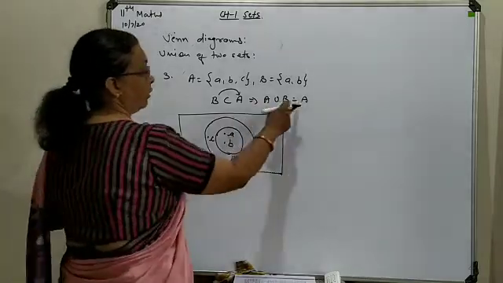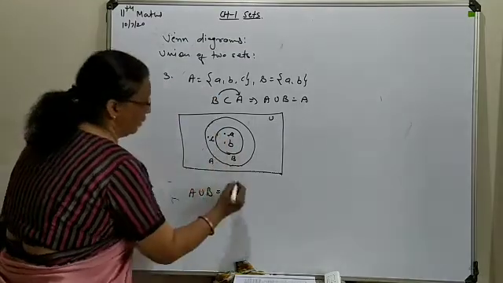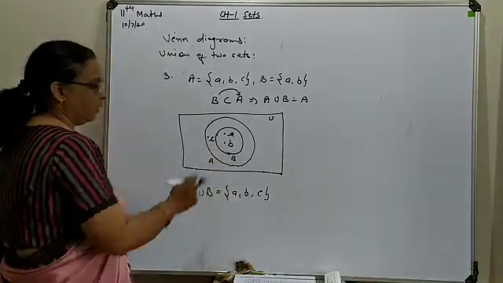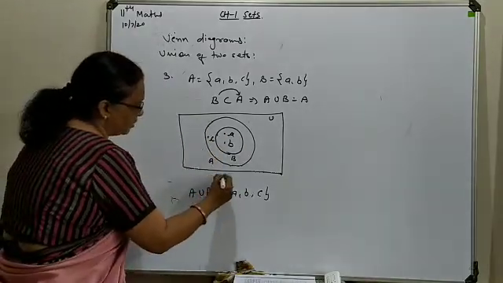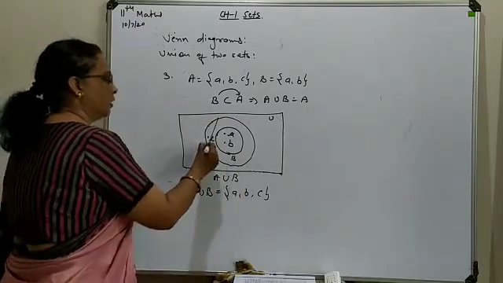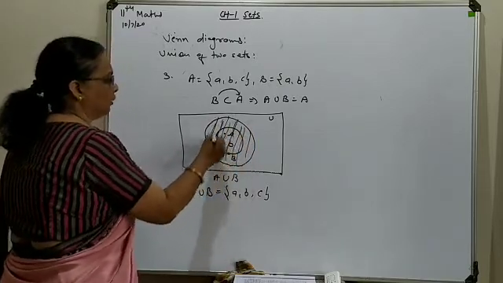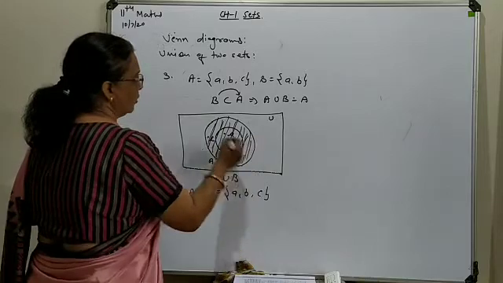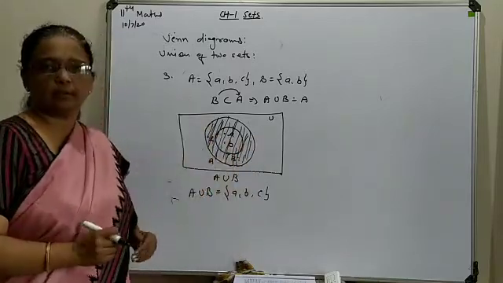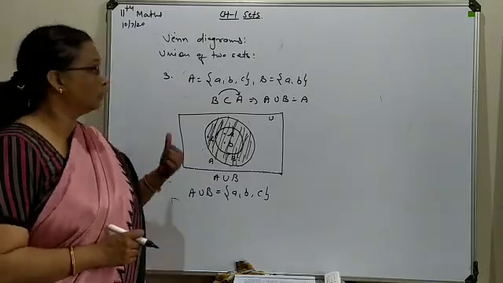So as a union, what we require here, formally we will write A union B, meaning it will contain elements A, B and C, all 3 elements we have to include. To represent A union B in this area, this whole region you will shade, meaning both are to be covered over here. So this way you can represent the union in the form of a subset. So this is all about the union of 2 sets.